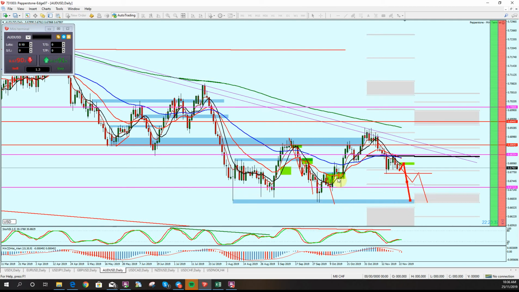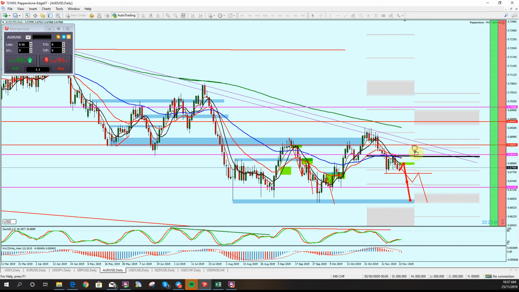Now another thing is, I might just run this past you for next month. This is the last week of the month. We've got 2 days off at the end of this week. The US is not trading. Huge liquidity out of the market, which can make things particularly dangerous. So it's a 3-day week, really. I'll be extremely careful at the end of this week, because you've got 2 days off for the US. There'll be very low liquidity.